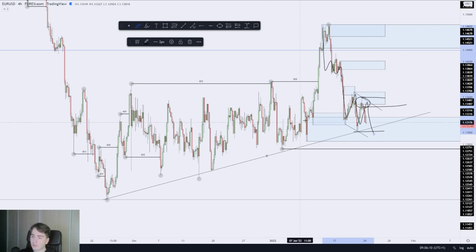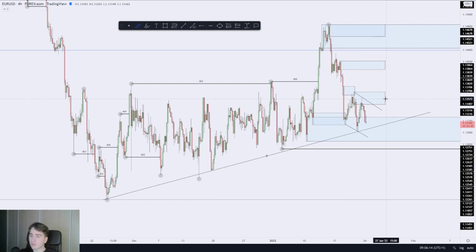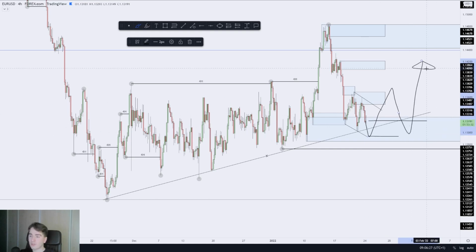However, of course, 4 hour swing structure is still bullish, but it's always going to be more high probability when the internal structure also aligns. And currently that's just not the case. So supply is currently in control, and I'm only going to be looking for buys once we break supply, create demand, and then we can start looking for those longs again.